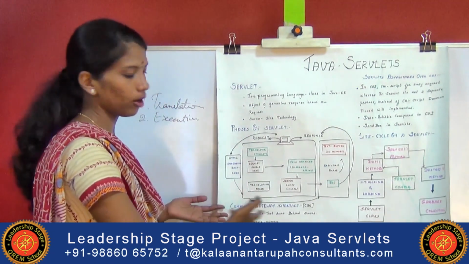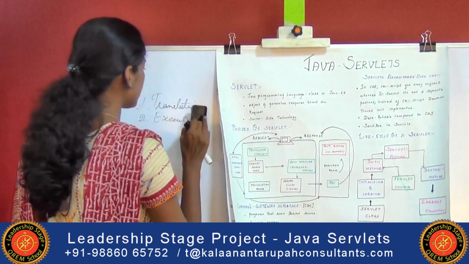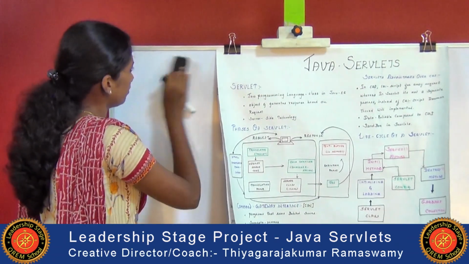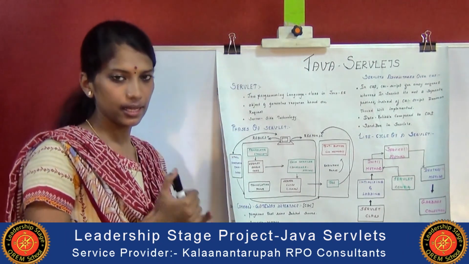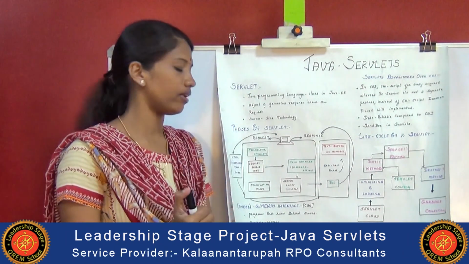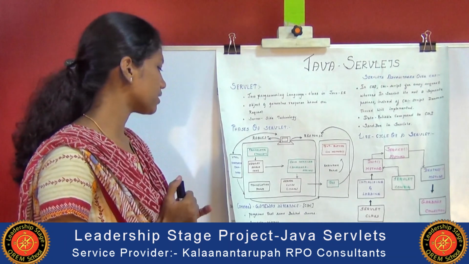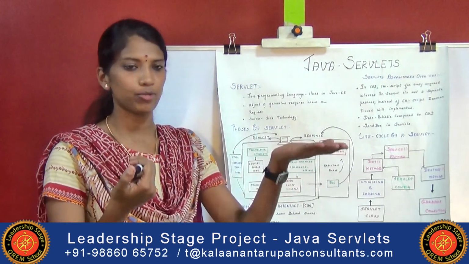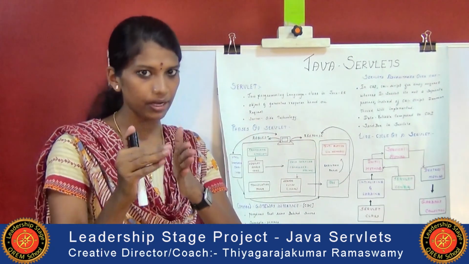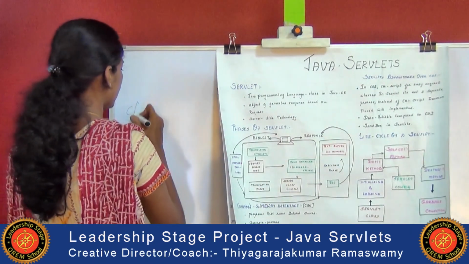Then the next topic is the common gateway interface. This is the pre-establishment of servlet. Common gateway interface has one or more disadvantages, which led to the establishment of servlet. Common gateway interface is the generation of a CGI script for the corresponding client request. That means it is a separate process. For example,